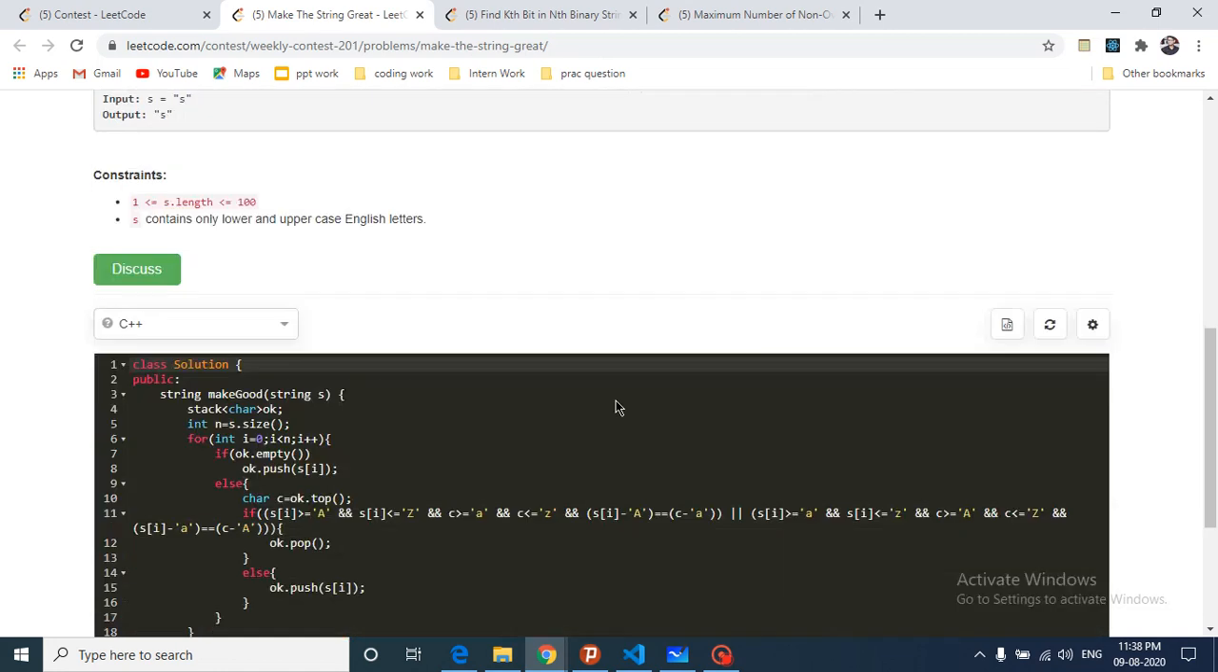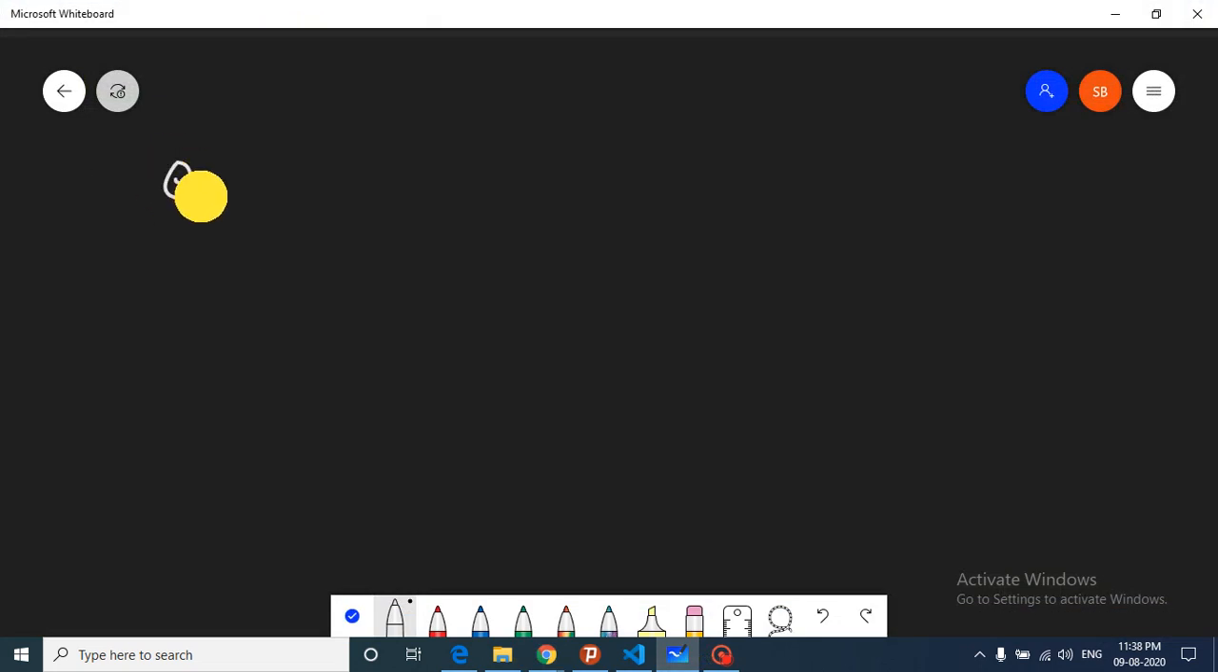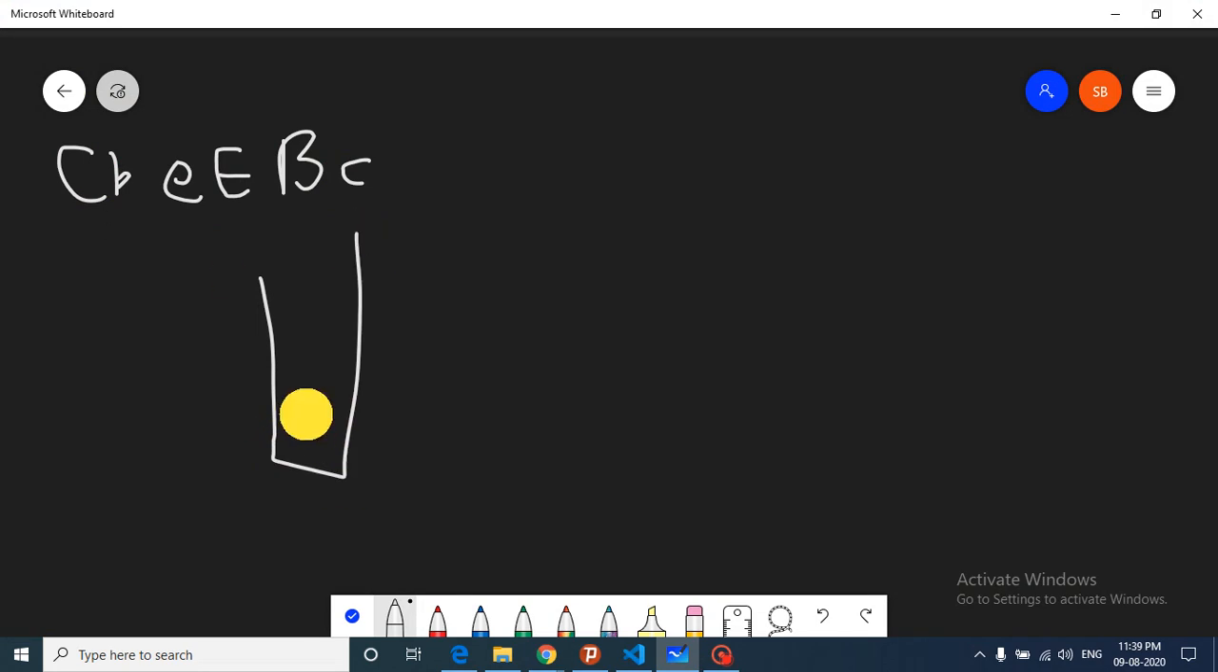I have written it down here. Let's move down to the code first. This is a stack, you can make a stack. Let's assume that you have E, capital E, then you have a B, capital B, and then you have capital C and small c. You can see that these are consecutive, so you can make a stack, push capital C, then push B,